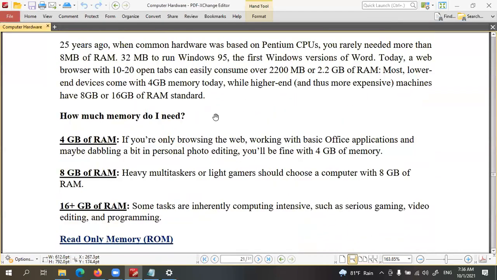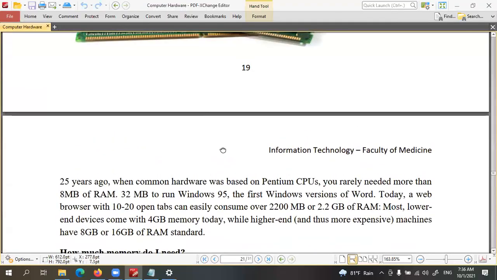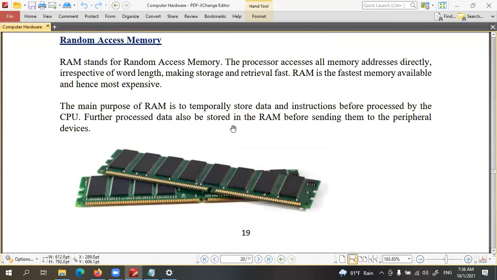Again, children, RAM is called a volatile memory. Somewhere I have mentioned that. Volatile. The meaning of volatile is that it will keep data temporarily. Again, the device needs an active power supply to keep the data.